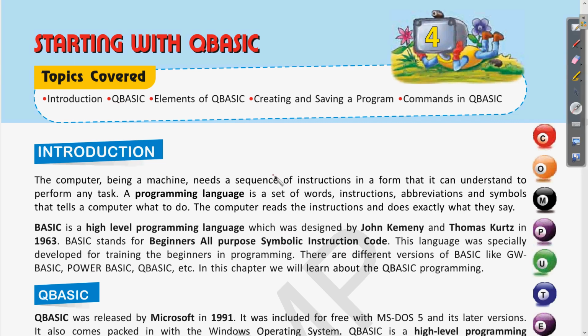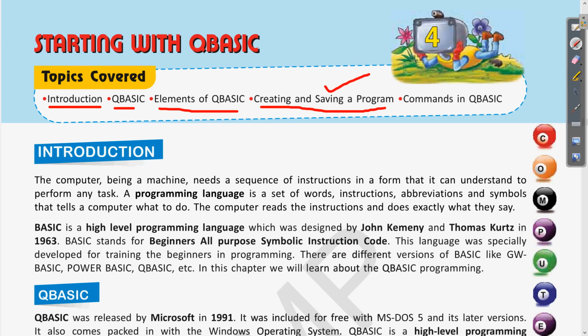In this chapter we will see the introduction, that what is QBasic, then what is the full form, who has developed this language, clear, and what is its use, clear. Then what are the elements of QBasic, clear, how we can create some program, clear, and how we can save any program, clear.